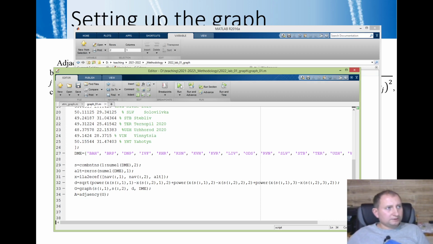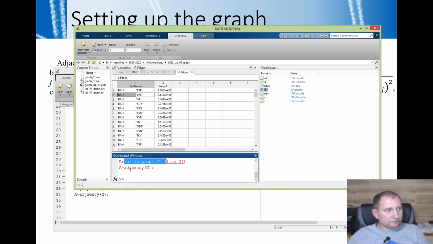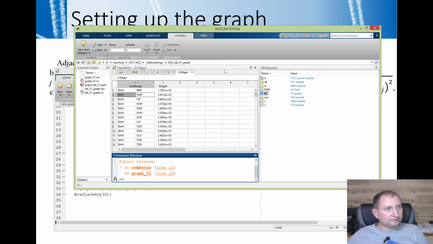And if you run it, you will see that, oh, sorry, you can see that I have an error because MATLAB cannot understand this function. I miss just C here. And then we can run, and you can see that we've got